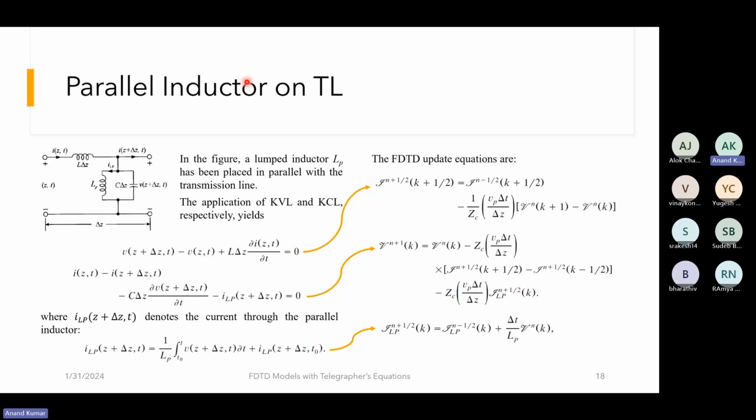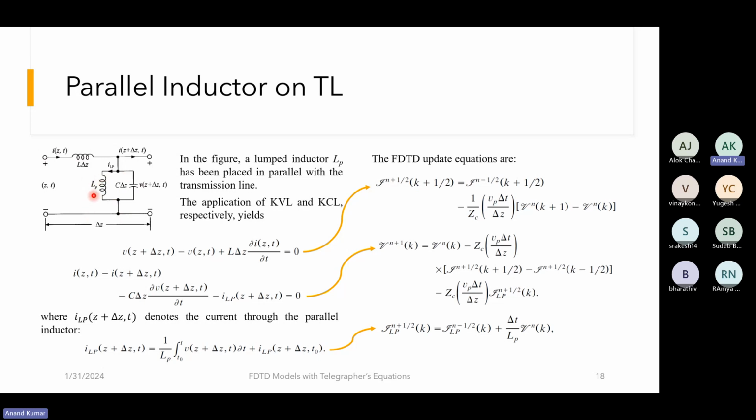Now, for the parallel inductor on a transmission line, we have included the inductor in parallel with the transmission line. If you recall from the previous figure, we have the distributed inductor and the distributed capacitance, and then a lumped inductor added in parallel with the distributed capacitance. So we modified our unit cell, and in the unit cell we have this inductor whose value